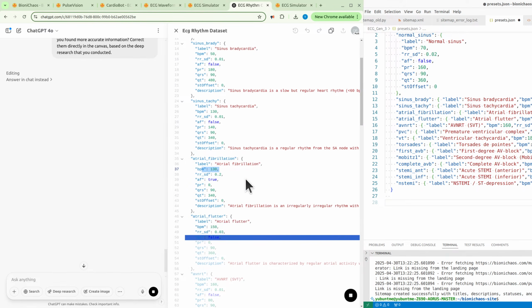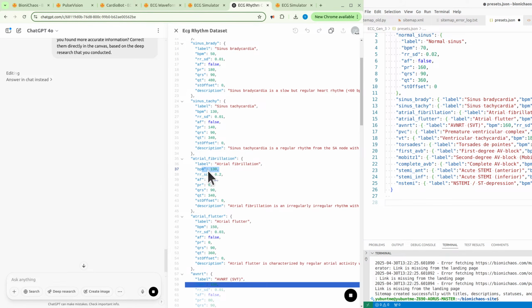Right, it updated the BPM for atrial fibrillation. That's more like it.